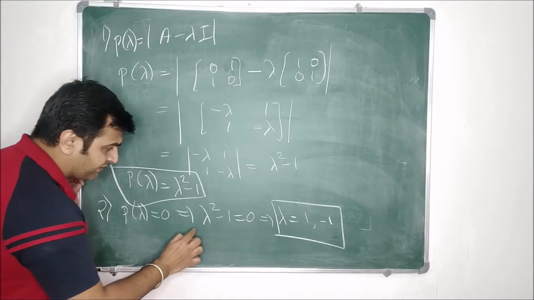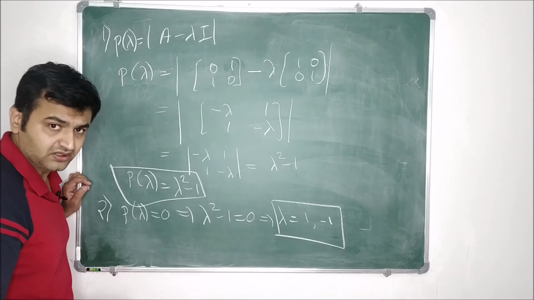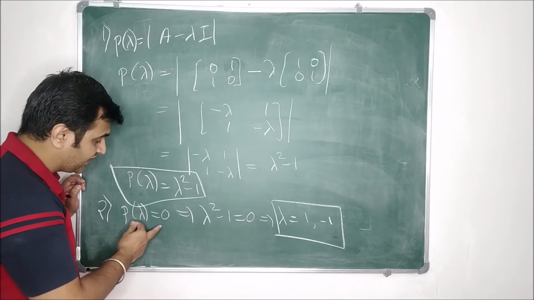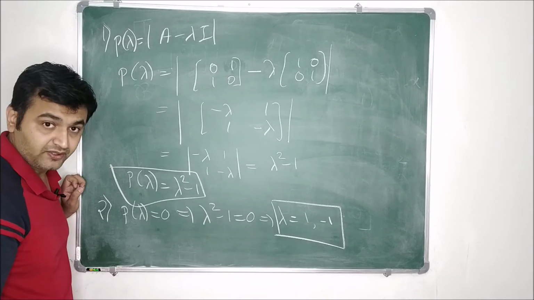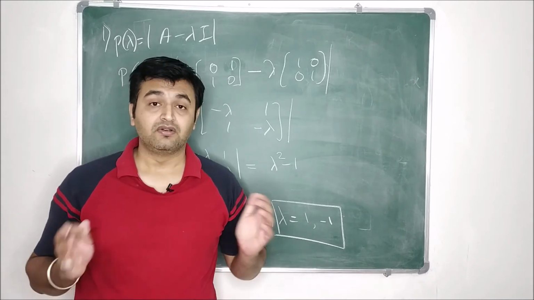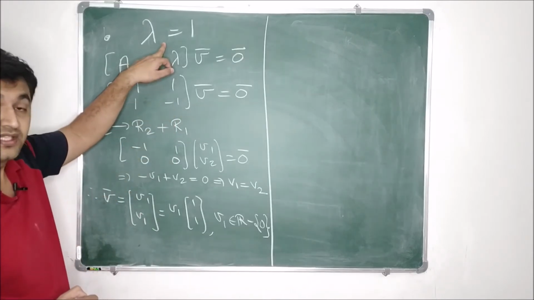It usually happens that people say this equal to 0 is a polynomial. No, equal to comes, means it's an equation. So this is the polynomial, and now you solve this polynomial. So you get the characteristic equation, and therefore the eigenvalues are 1 and minus 1. So you have two eigenvalues for this linear transformation. Now let's find the corresponding eigenvectors. So let's take first the eigenvalue 1.